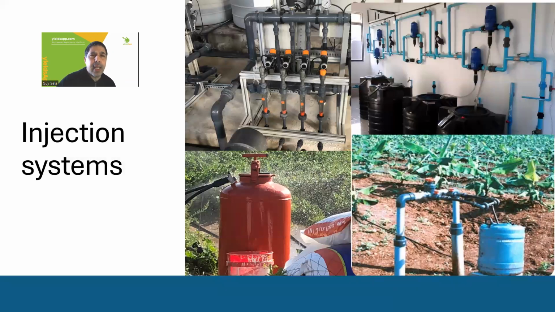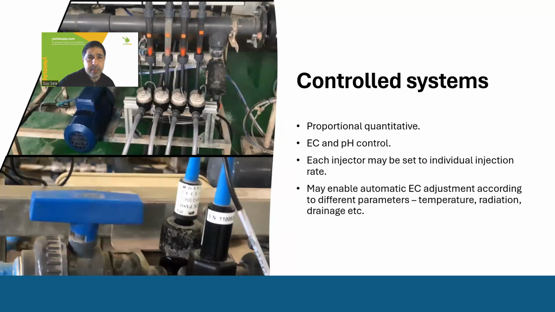So again, it gives a lot of flexibility, allows for a lot of optimization. The control systems, as I mentioned before, many times have EC and pH control, which is another layer of adjustment and optimization. You configure the system and say, I want you to apply a certain injection ratio, but also make sure that the EC, the electrical conductivity, of the water